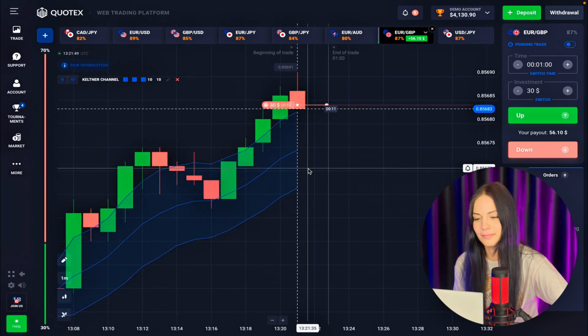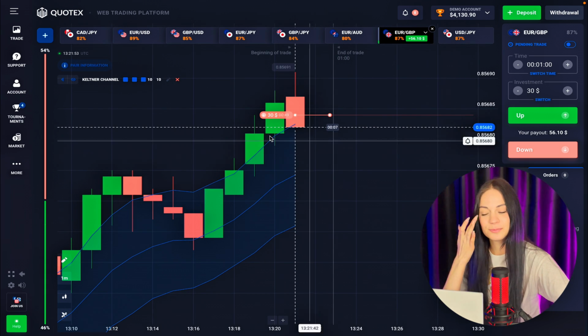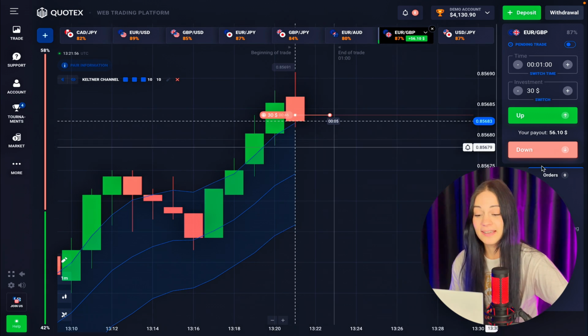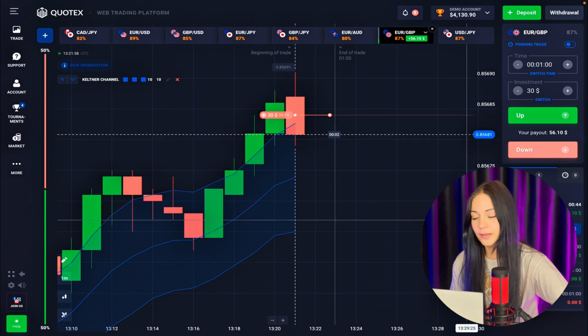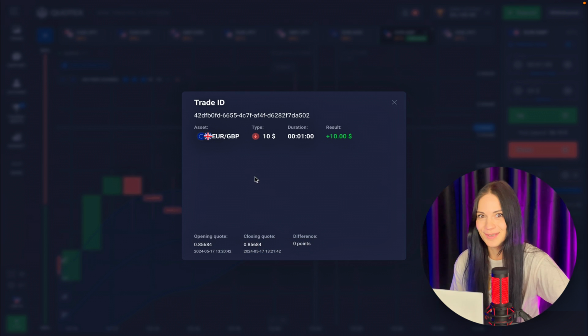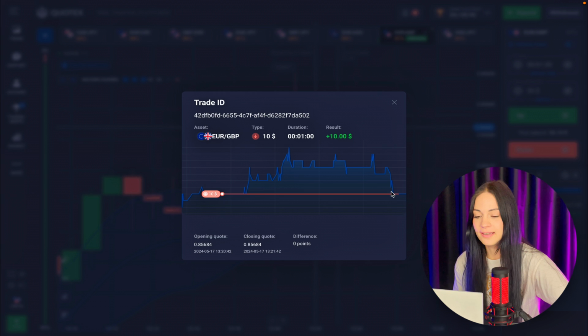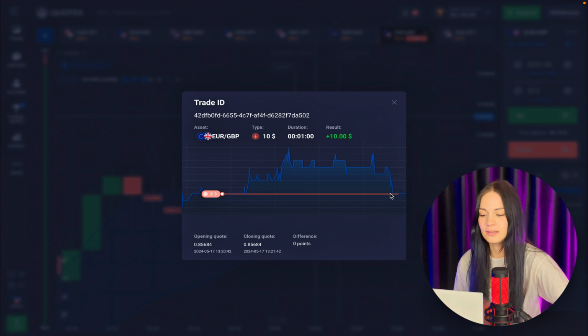Guys, I just made a mistake. As you can see, the last one was for $10, and I expected it to be closed in red. I thought we're gonna lose the money. Stupid me. But at the last moment the price got on the level and it closed in like nothing, so